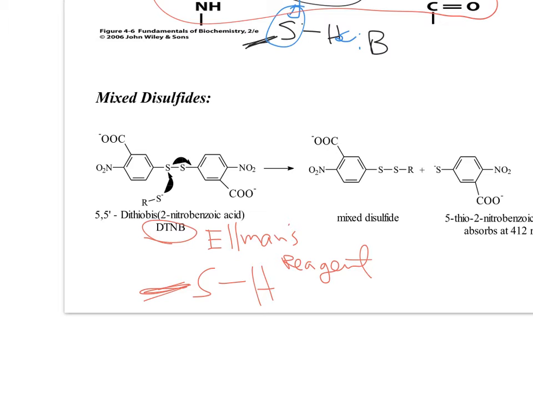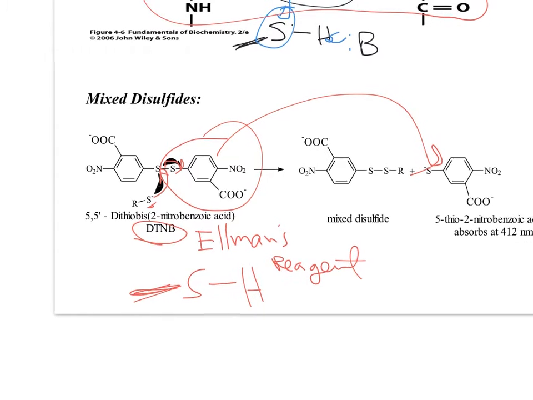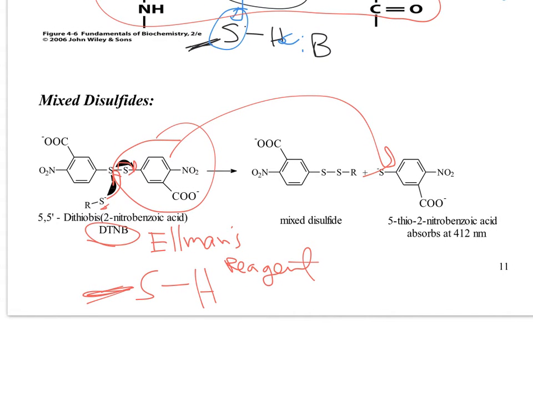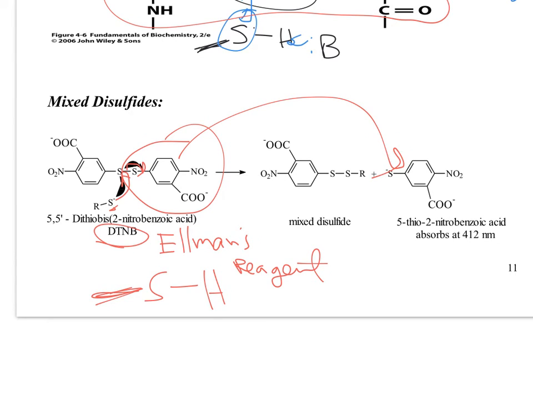Then a deprotonated cysteine, having the negative charge, could do that nucleophilic substitution reaction that I mentioned before, and one half of this becomes a leaving group, so you get something called 5-thio-2-nitrobenzoic acid. What's interesting is this guy absorbs at 412 nanometers,